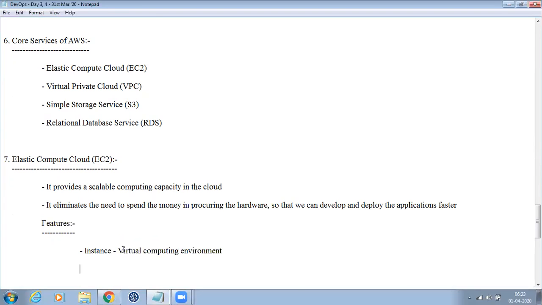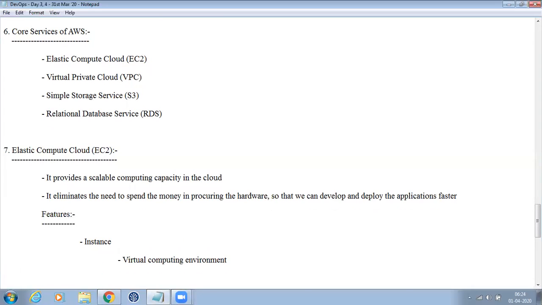What is an instance? It's a virtual computing environment. We already saw in our previous sessions how to create an EC2 in the AWS cloud. Anyway, in the coming sessions, we are going to see Linux operating system and Windows operating system, and we configure the web servers in that. For 2 classes, I believe we can go through that. Now, this is about the instance. Let me put it under instance. It's a virtual computing environment. Next one is